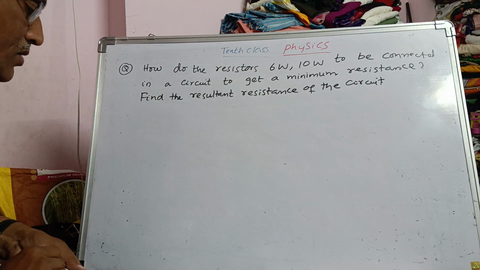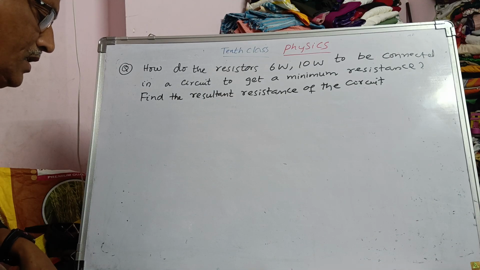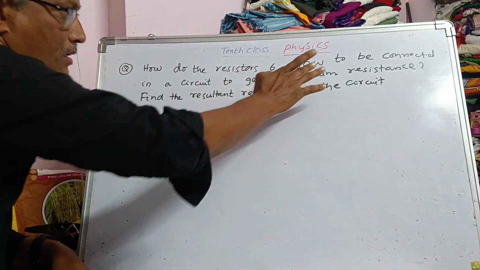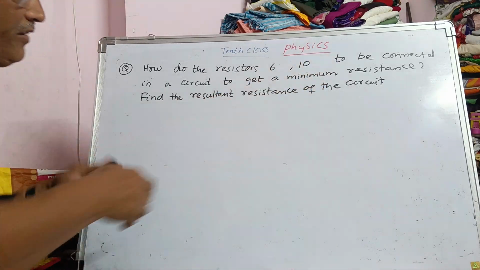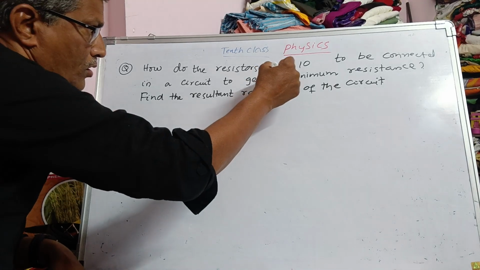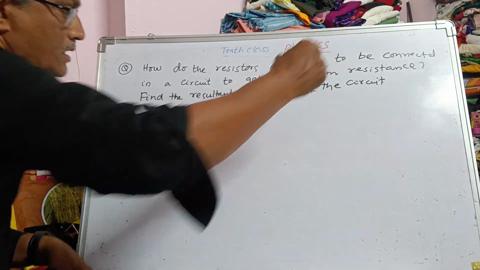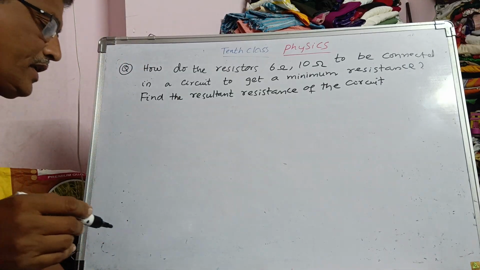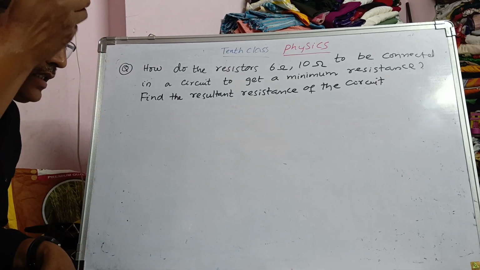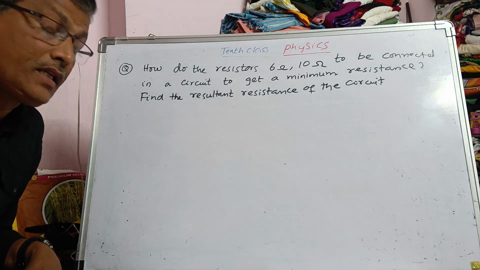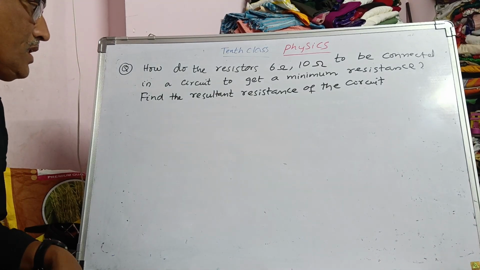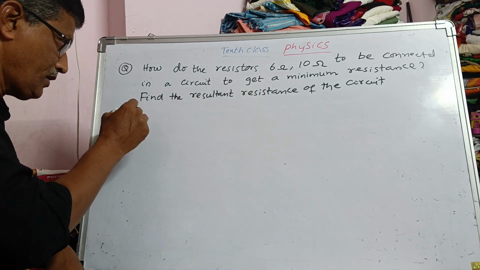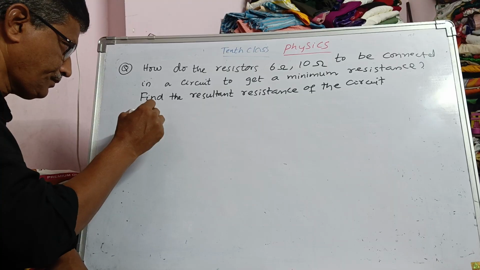So the resistors are 6 ohms. This should be ohms that we have to take, because in the problem it is given wrongly. This is 6 ohms resistance and 10 ohms resistance, and this should be connected in parallel connection in a circuit to get minimum resistance. Minimum resistance రావాలంటే reciprocal లో ఉండాలి. So the answer will be: